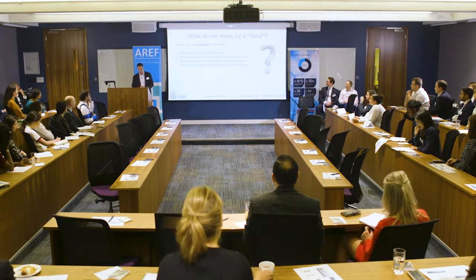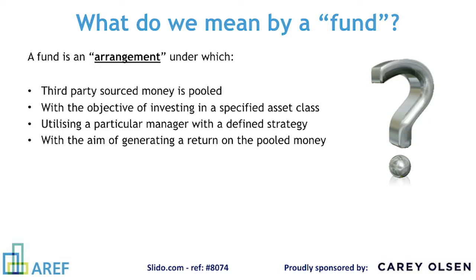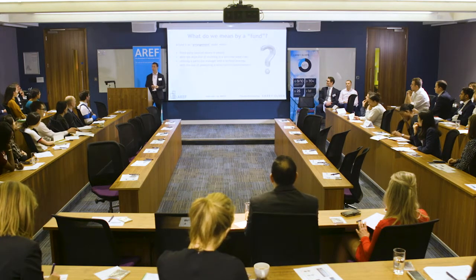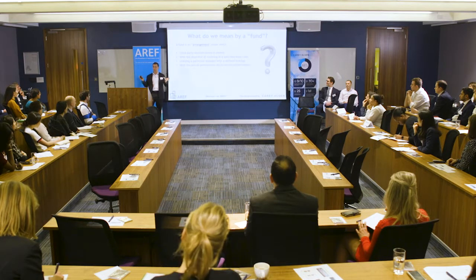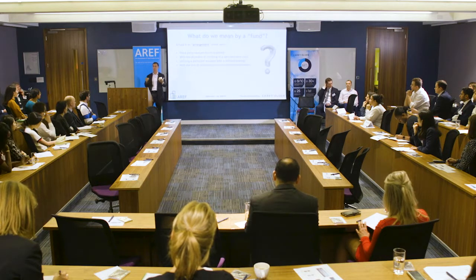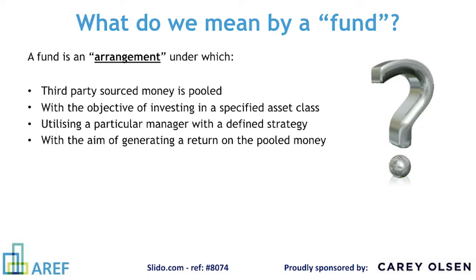And the two principles are really the value that can be derived from buying power. The idea that if I take my £100 and try to buy something, I've got a limited range of things I can look at buying. I'll get a limited value for my money and I'll get a limited return. If you then start adding money to my pool and making it a much bigger pool, that buying power increases exponentially. The value hopefully increases as well, and the returns therefore increase. So that's the first economic theory that underpins a fund. And the second one is effectively as simple as economies of scale. The more people who share in the cost of a structure, the bigger, better structure you can build.